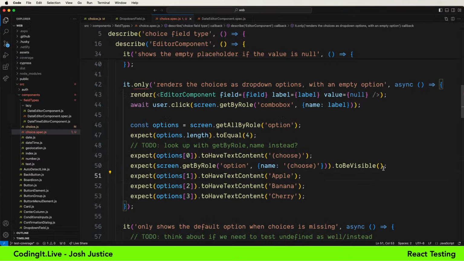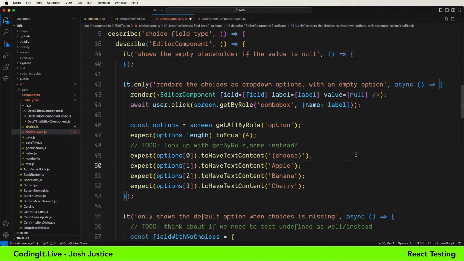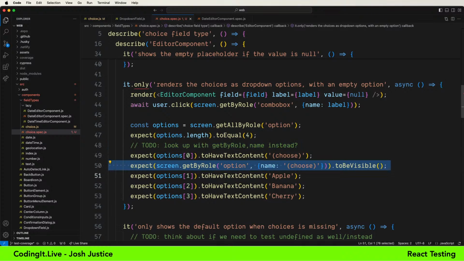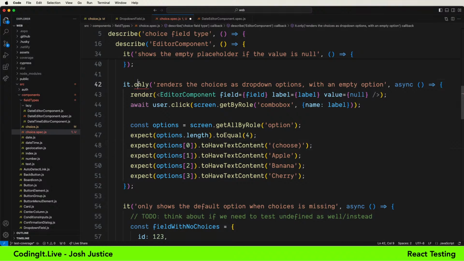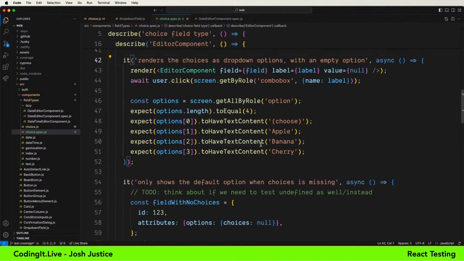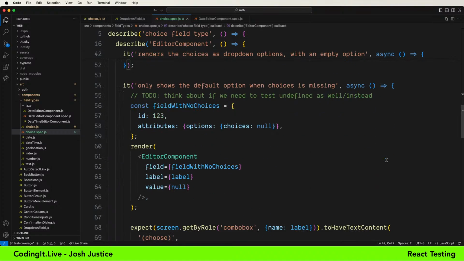One thing I like a little bit less about that, though, is that it doesn't confirm the sequence. Since I have the list of options just to get the count anyways, I kind of like the fact that we're confirming the order here. So that's pretty nice. I don't think I need the extra assurance of checking the accessibility name in this case. I think this works out a bit better. So I'm going to leave the test like that. I could always change the test in the future if I found extra assurance was needed.